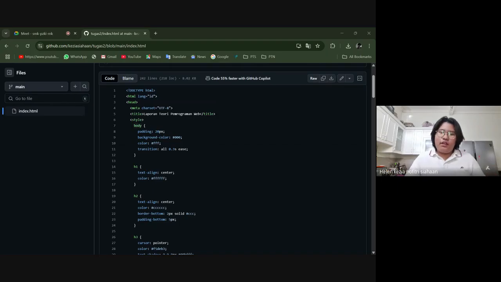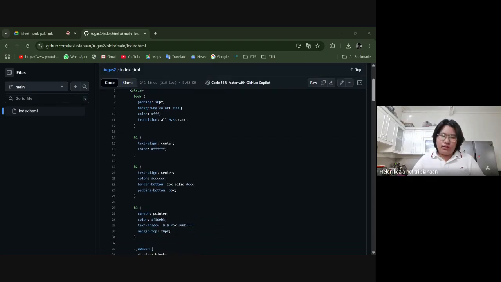So it has just two colors in here, but when you go into the H1, which is the title, I'm still using color FFF because I don't make any difference between the H1 and H2, but the difference is at the H3, and H3 is the question and the answer.